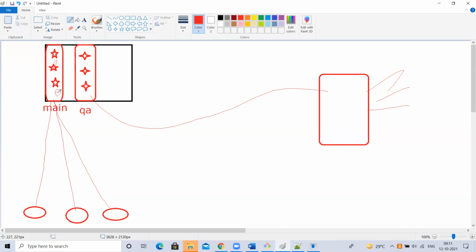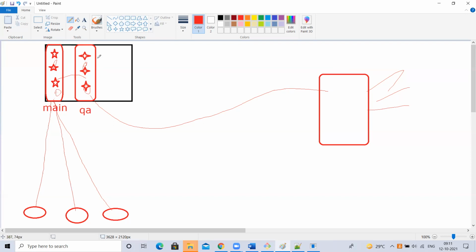Now I want to take the latest changes after 3 days. I'll move the changes from here to here. All these new changes will come here and be deployed here. Now QA people will start testing. Again, developers will continue with the third functionality and make changes in the main branch. In this case, we are not touching the QA branch, so we are not disturbing the QA. This is one example. Have you understood, guys?